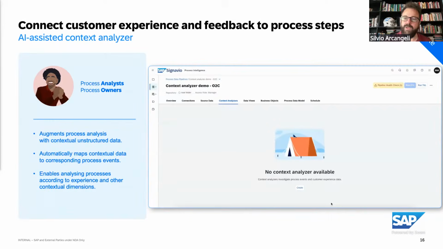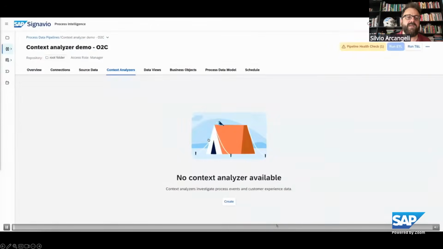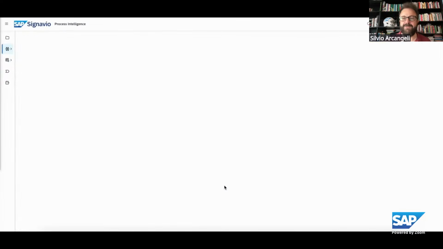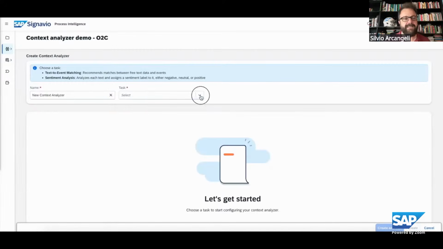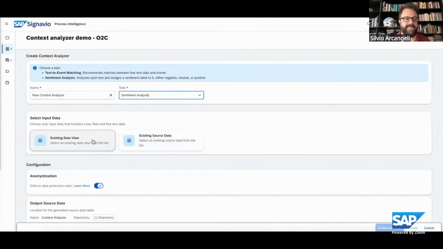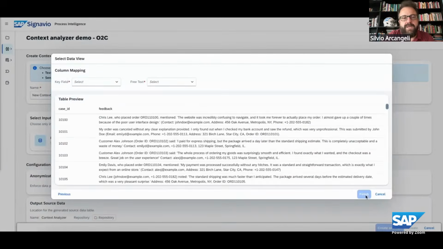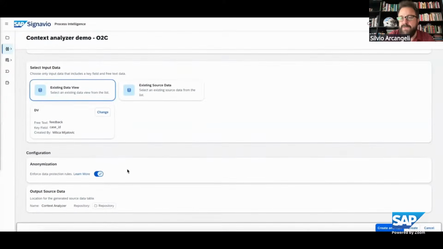So also employee communications, you could use it for several different purposes. So giving you a very quick and simplified demo. First thing, we load the unstructured text into the process data model by adding the text fields linked to a certain case ID. So in this case, we collected feedbacks from customers around their sales orders. So the sales order item is what we're using as a case ID.